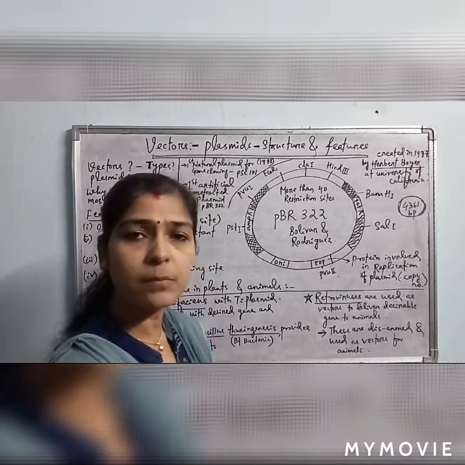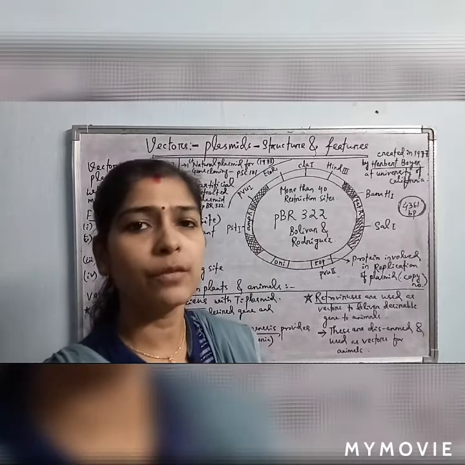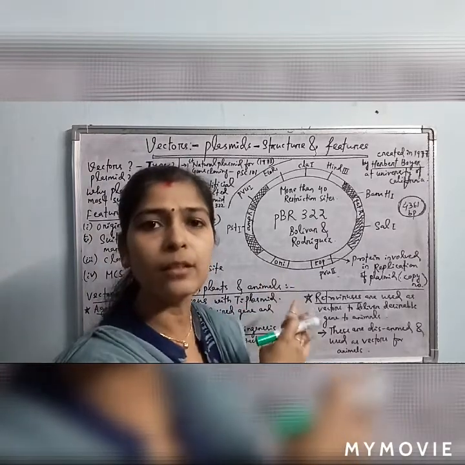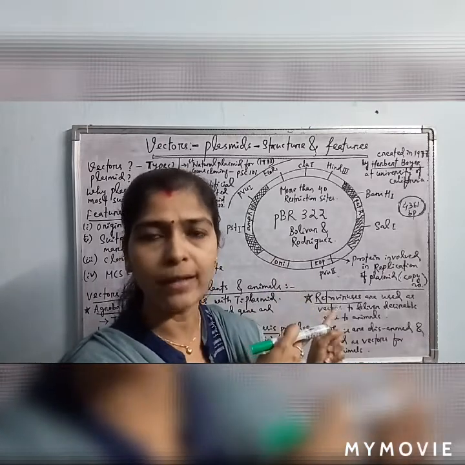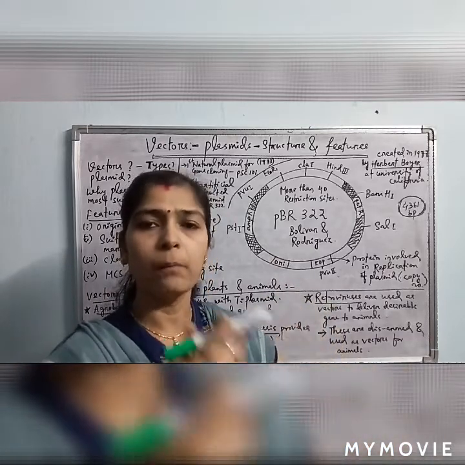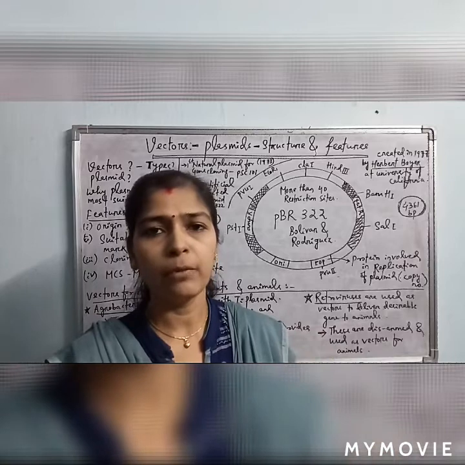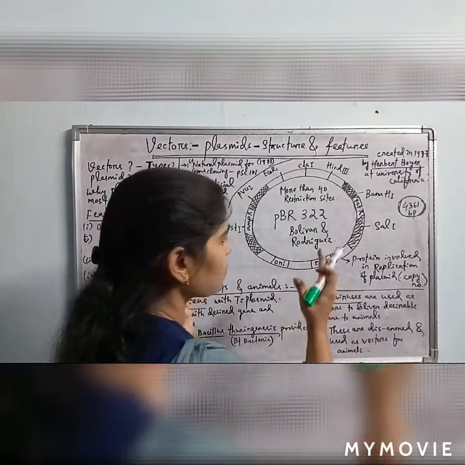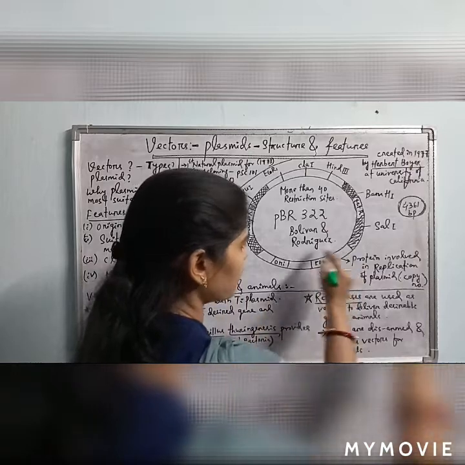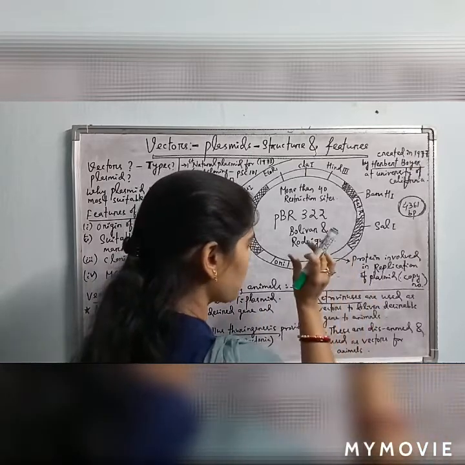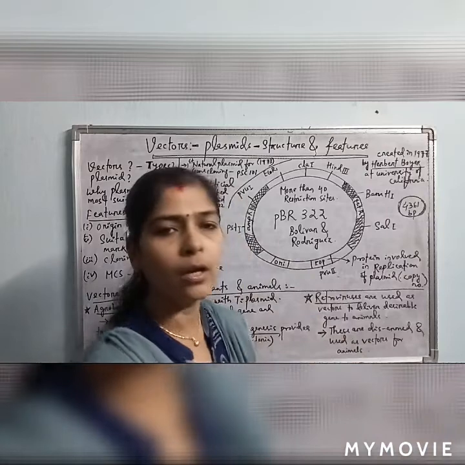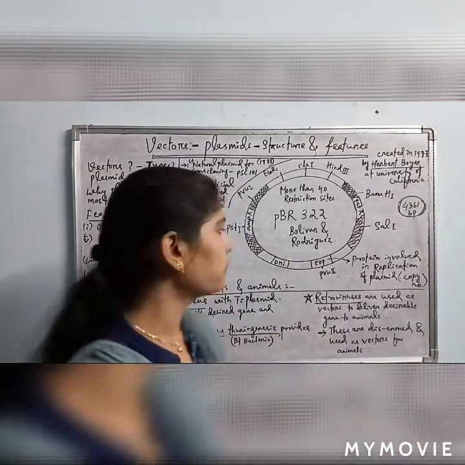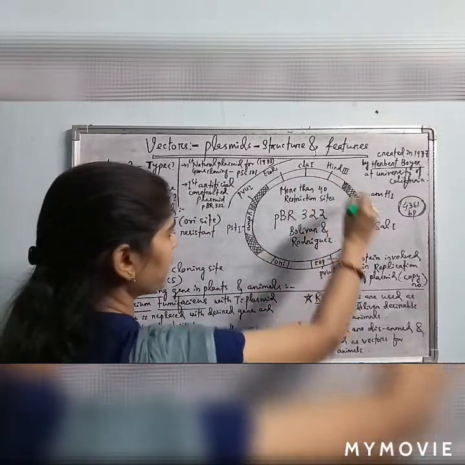High copy number plasmids are generally used in gene cloning procedures, because the gene of interest is ligated into the plasmid, making a recombinant plasmid, and as the recombinant plasmid multiplies inside the host cell, it becomes more and more beneficial. So the copy number of the plasmid is increased by this ROP site. It produces one protein which is responsible for replication of the plasmid more and more inside the bacterial cell. So this is about pBR322.